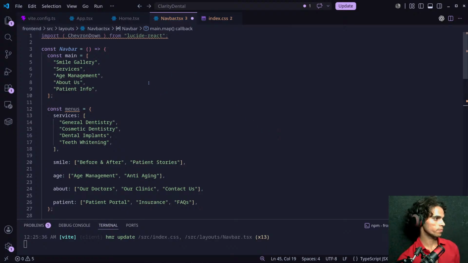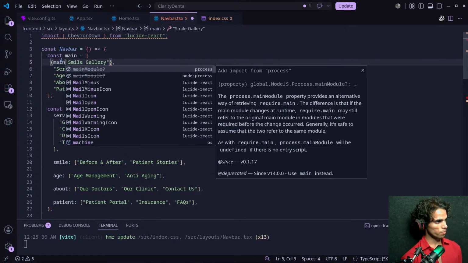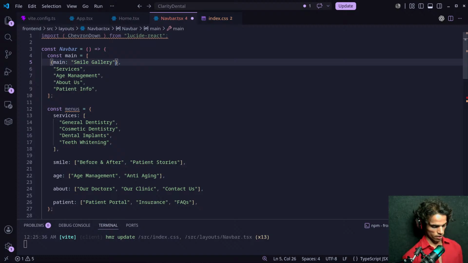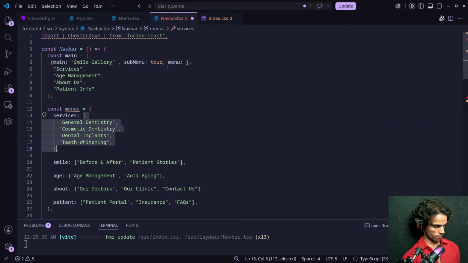Yeah, better. So I will create an array of objects, and now inside this we will have our main, and submenu. This will store true or false. If we have a submenu for any main menu, then we will keep this true, and otherwise this will be false, and then the menu will be here. So inside this menu we will have an array of this.